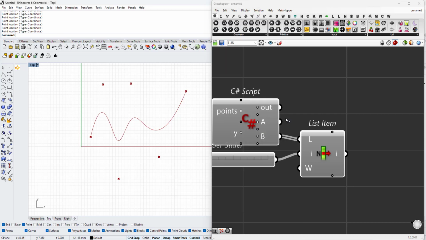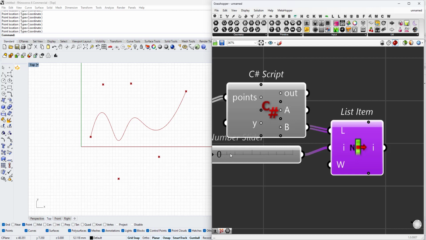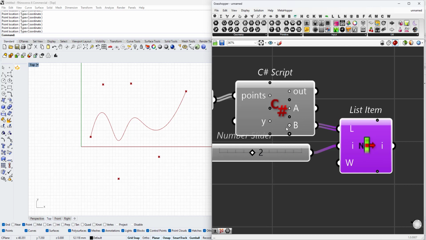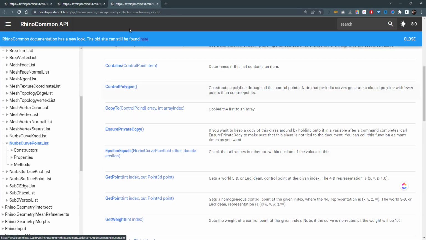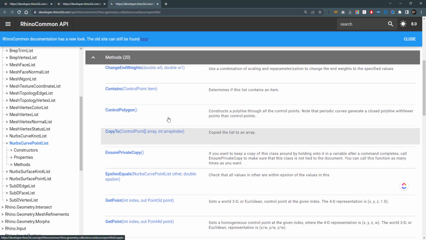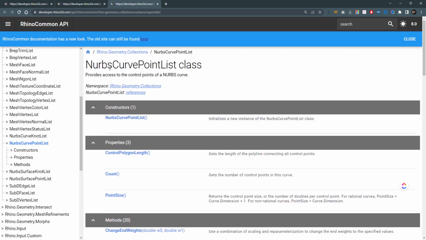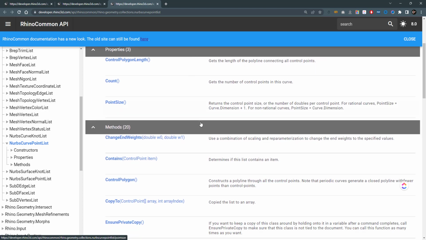And now the problem appears is that we are not showing here any points, because the output of this program is a rhino.geometry.control point. It's not a point 3D. So it does not even appear in Rhino, and it's something called a control point, that does not belong to the point 3D class. So searching a bit in the RhinoCommon API, I found that this NurbsCurve point list class, we can get a certain point at it